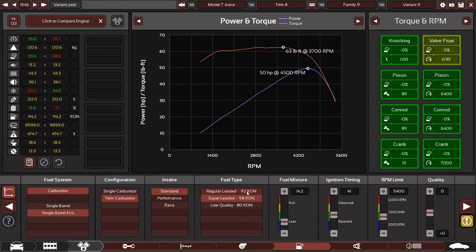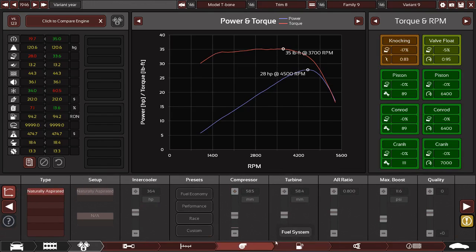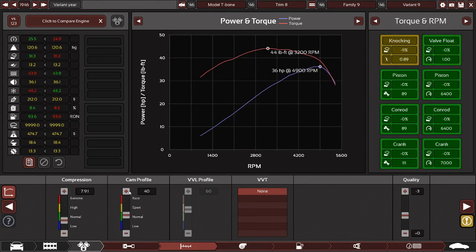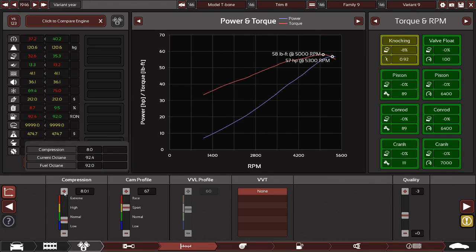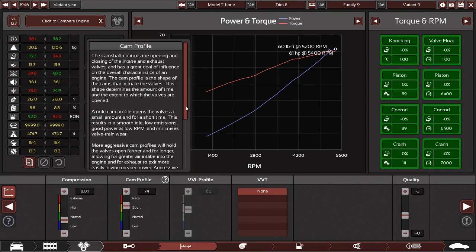Oh, well that fixed my problem altogether. Okay. I don't know if I want... There we go. So the cam profile is kind of strange. There we go, so we're making 63 foot-pounds of horsepower. The higher the cam profile,